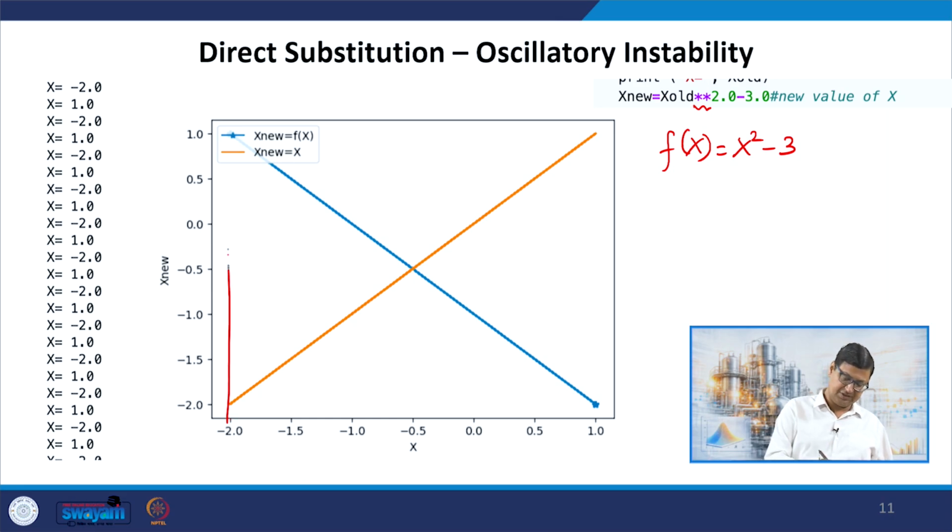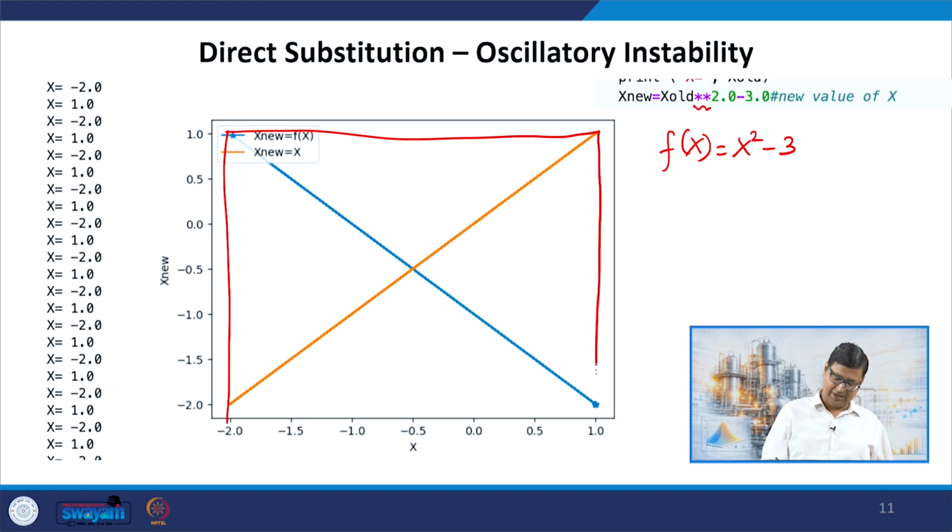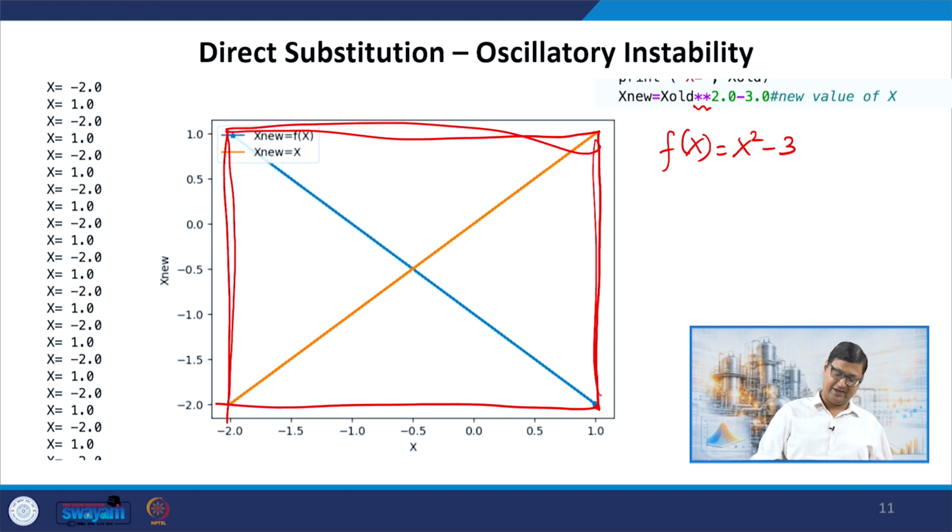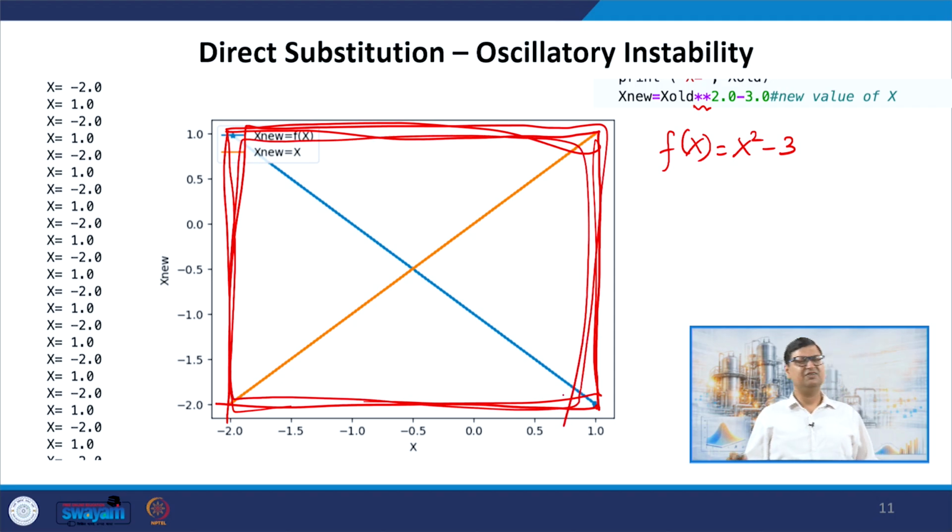So I go to the function and I come to the line x equal to fx, and then I get the new value, that is 1. And now from here I go here and I again hit minus 2. And you see now we have reached an infinite loop. I am going back and forth, back and forth, and clearly we will stop